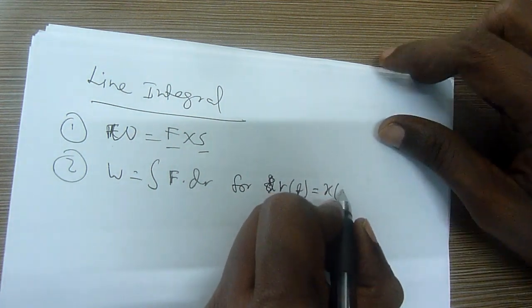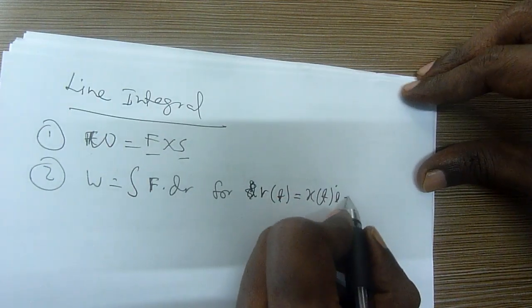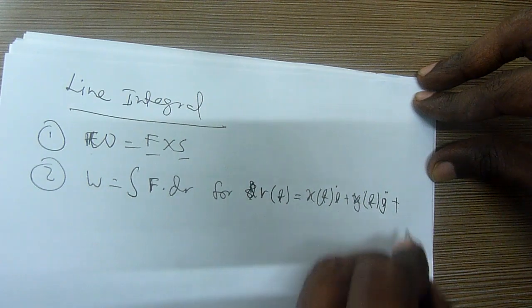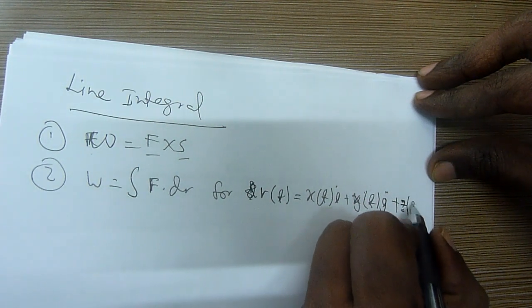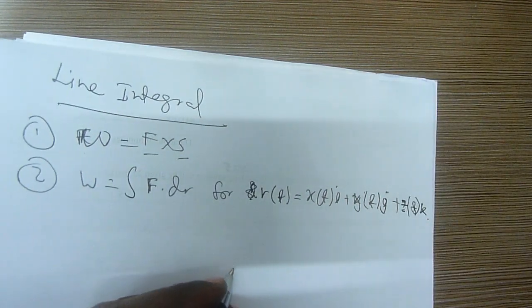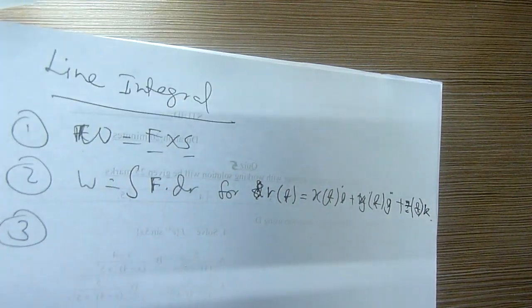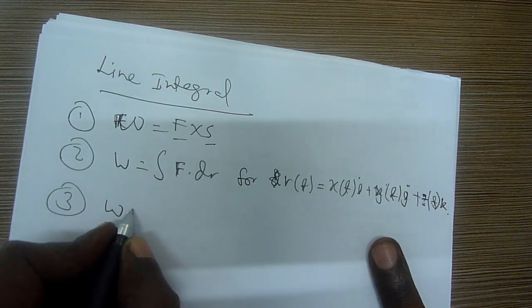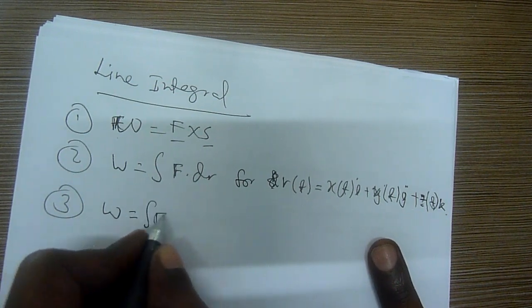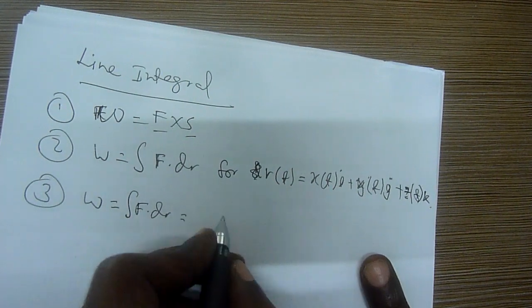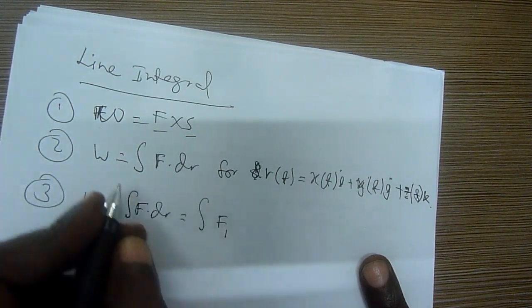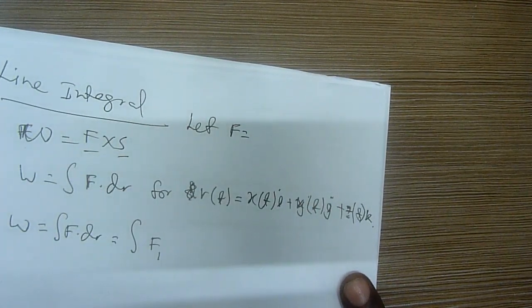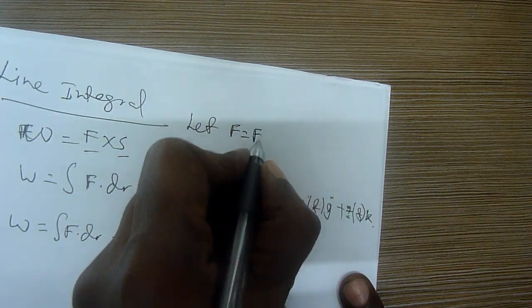It could be x(t) i, y(t) j, z(t) k. In the third method we combine together the magnitude here. We combine the F dot dR with this F1. We're taking the F, since let F be, okay. Can I say F1 i